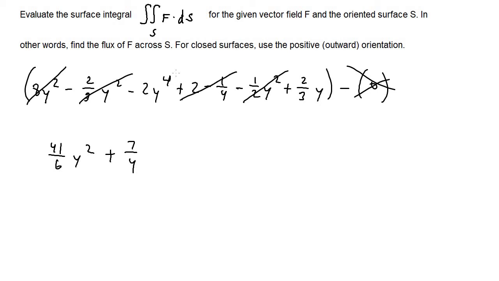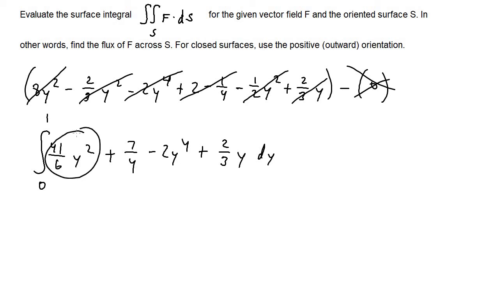We do have that minus 2y to the fourth, and then we have plus 2/3 y. So now I can evaluate the outer integral. Remember the outer integral is also from 0 to 1, this time with respect to y. So the integral of 41 over 6 y squared is going to be 41 over 18 y cubed, plus